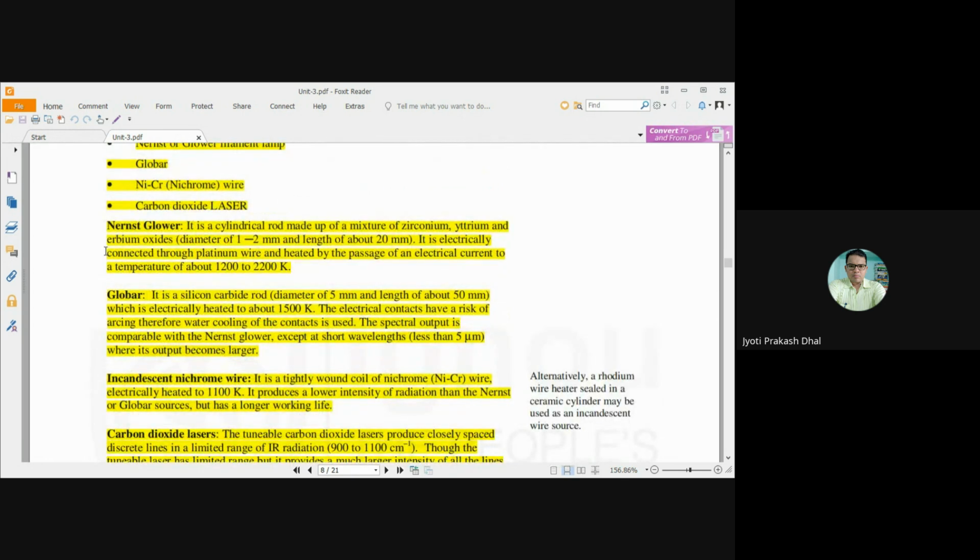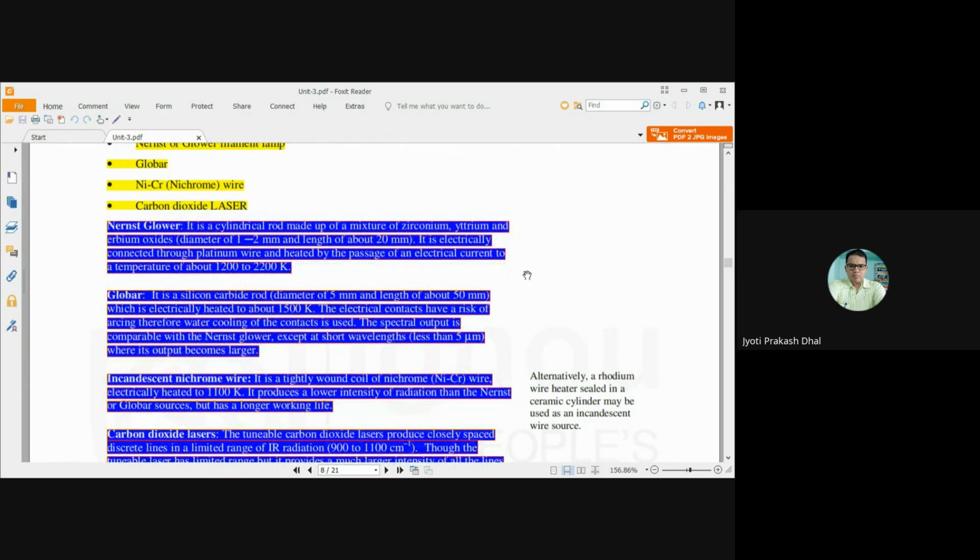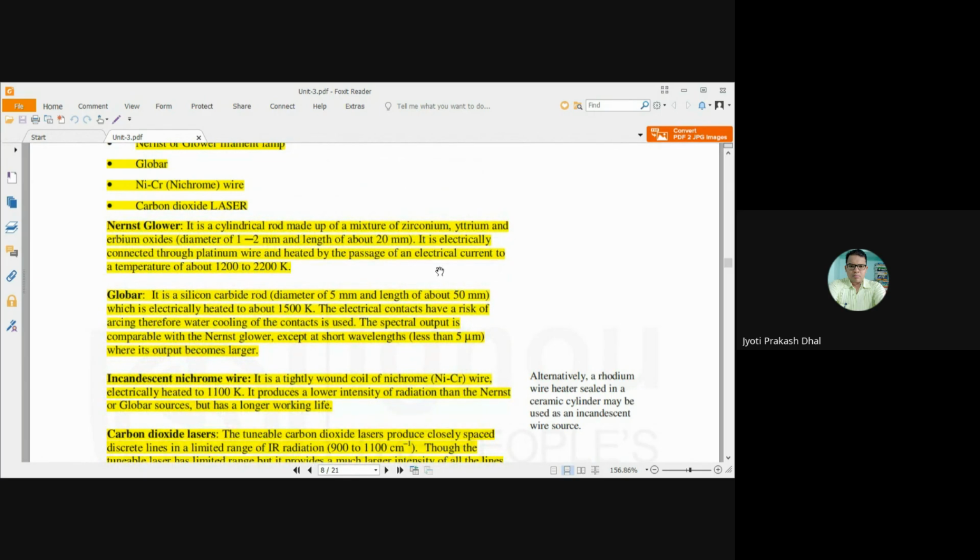So first we'll discuss the Nernst glower. It is a cylindrical rod made up of a mixture of zirconium, yttrium, and erbium oxide. It is electrically connected with platinum wire and heated by the passage of electrical current to a temperature of around